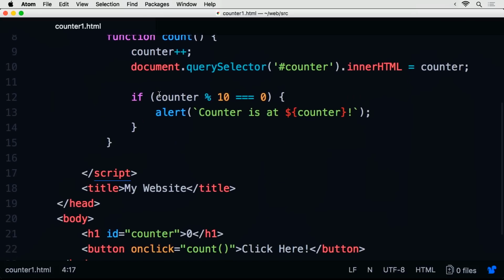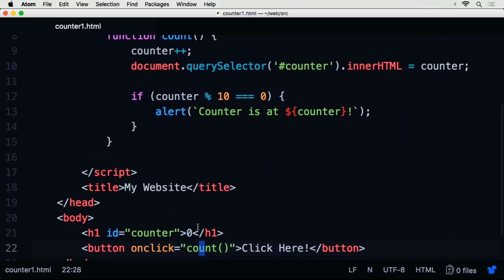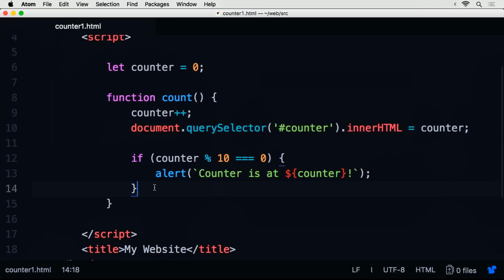And so here we have inside of our body a heading that's called counter that starts off as 0, and a button where when we click on it, updates the count. And inside of these script tags here, we are going to define some JavaScript that's very similar to the code we've been using before. Let counter equal 0 is the definition of our variable counter, which starts off at 0. And inside of this count function, after we increment the counter, after we update the inner HTML of our counter heading to be whatever the current value of the count is, we have this condition, which is that if counter